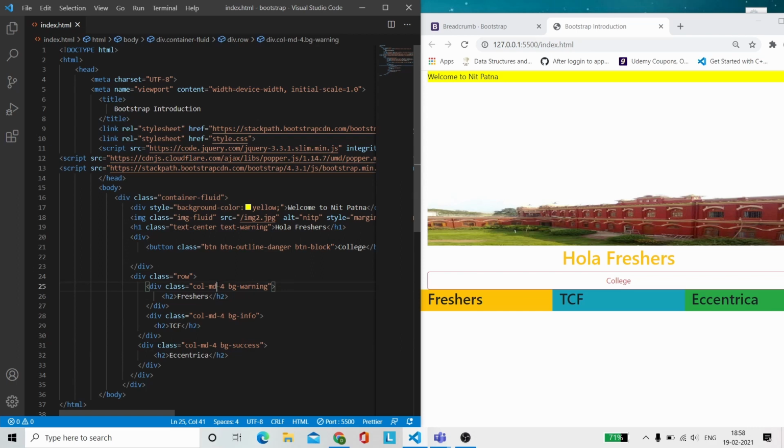For tablet screens we can give col-sm. Since we are designing it keeping in view that most of our audience is viewing it on a laptop, we can give it col-md. So this is about the bootstrap grid.